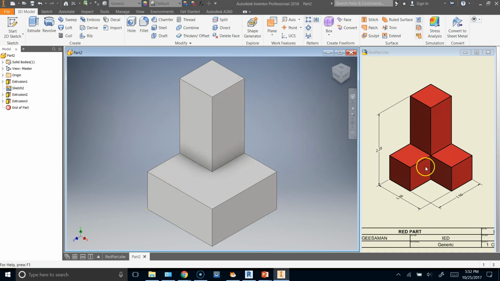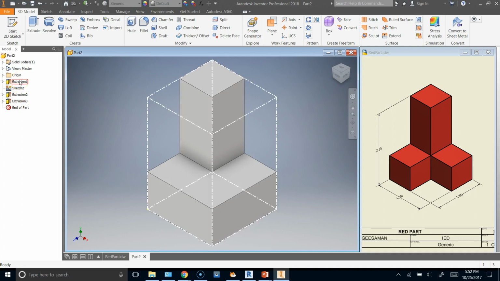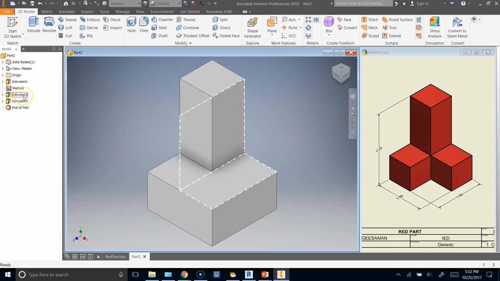At this point, I have a 1 block high base, a 2 block high back. I just need to get rid of this space in here. So one more sketch. And you'll see over here that as I create the extrusions, I can see what extrusion formed what feature by hovering over it. And it shows me that was the original rectangular prism. The second extrusion was removing the right side for the L. The third extrusion was removing the front side for the L, you might say. And I'm going to make a fourth extrusion using a sketch